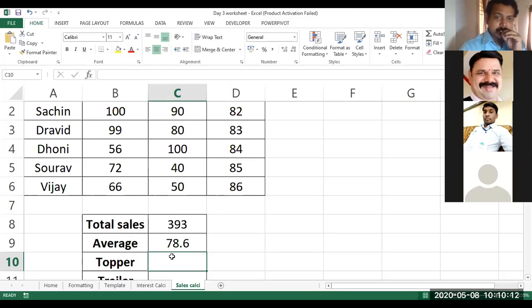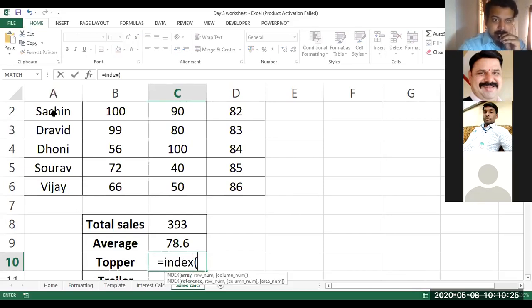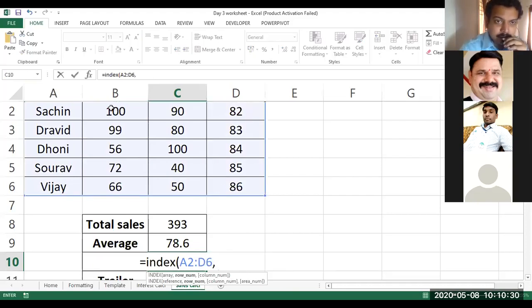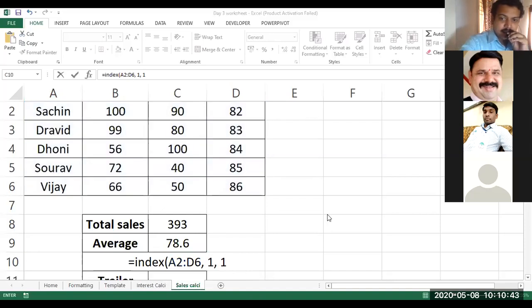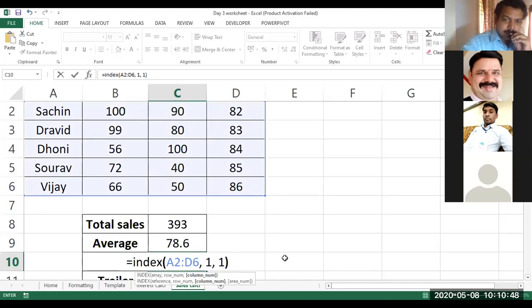Okay, so index, how does it work? Index needs 3 inputs. One is the table array. Second, the row number, and the column number for the third input. So the index function will look like this. Suppose I use the index function directly, I need to give the entire table, from Sachin to 86, and then I need to give the first row, comma, the column for the name, which is the first column. The sales executive names are in the first column. So I need to give the row number, and I should also give the column number. When you give this, it should get me Sachin.